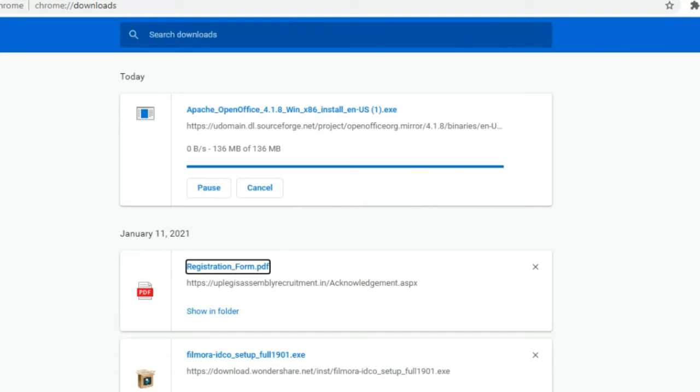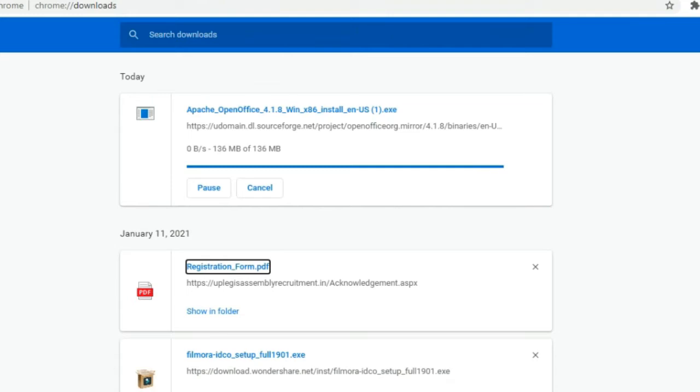So I have processed the data, I have forwarded the data. Now you can see we are at the last phase where the download is about to complete. You can see 136 of 136 MB is written. That means we have downloaded 136 MB. Now for finalizing, it will take a few minutes, or we can say it will take a few seconds. After that, it will be visible there.